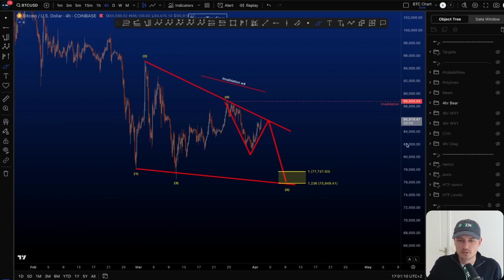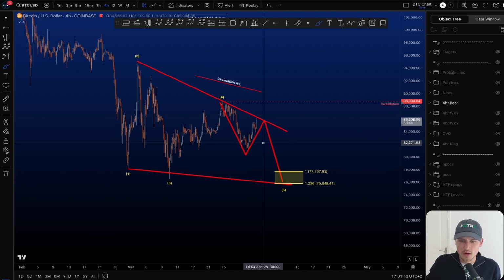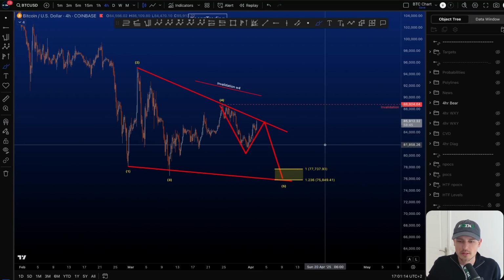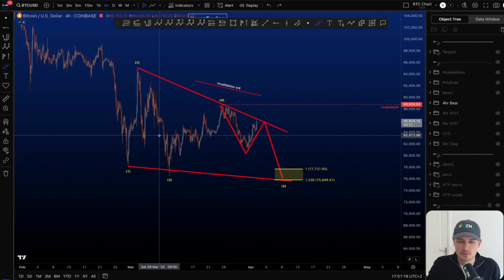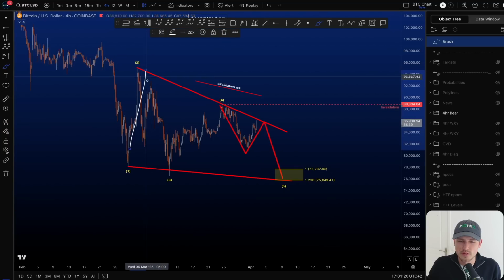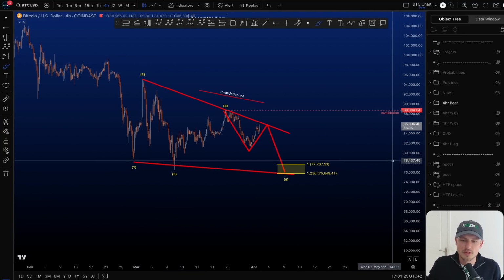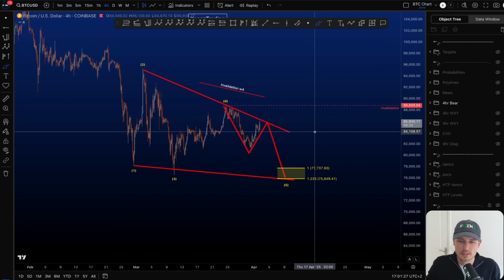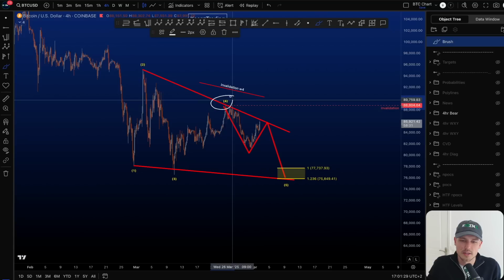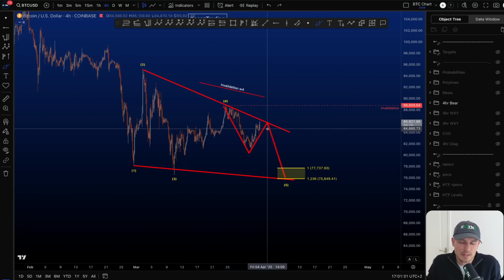Now the ratios for this structure are becoming a little bit odd at the moment. You can see wave 5 is taking quite a bit of time. Wave 2 was relatively short. Wave 4 was very long compared to 2. So it is something that plays in my mind with regards to the probabilities of this particular scenario, and preferably here your wave 4 is in. So the invalidation is the same,